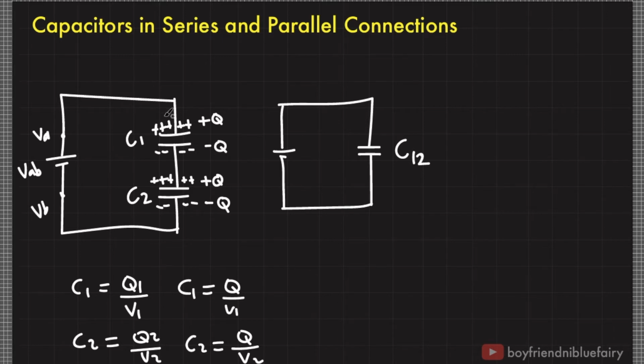If capacitor 1 has a potential difference V sub 1, and capacitor 2 has potential difference V sub 2, then based on this diagram, V sub AB is equal to V sub 1 plus V sub 2. By conservation of energy, V sub AB is distributed across capacitor 1 and capacitor 2. We cannot assume that the distribution of V sub AB is equal because these two capacitors might have different values of capacitance. So notice that if I divide both sides by Q,